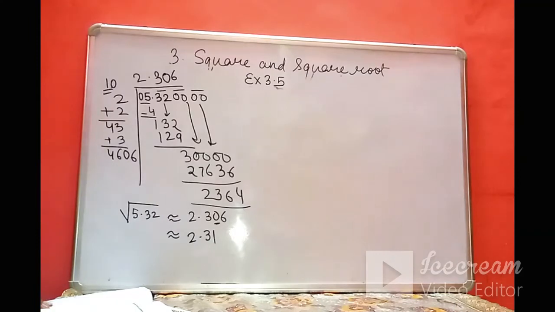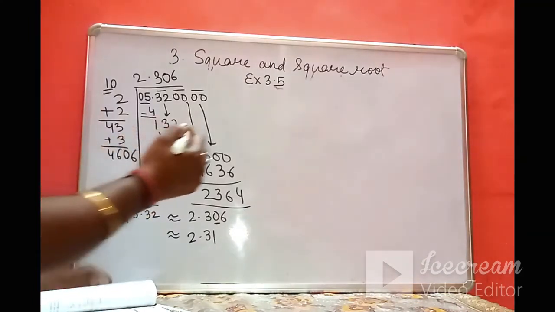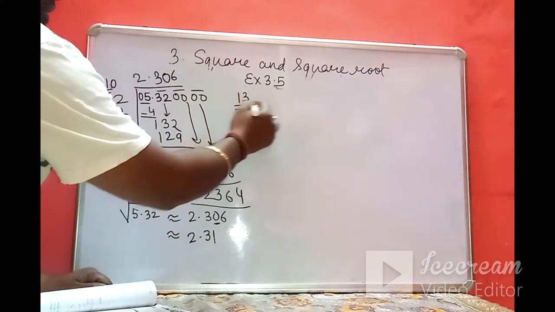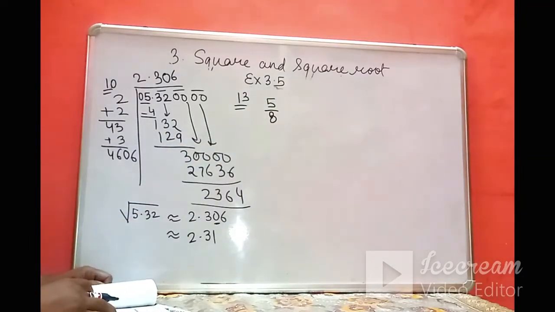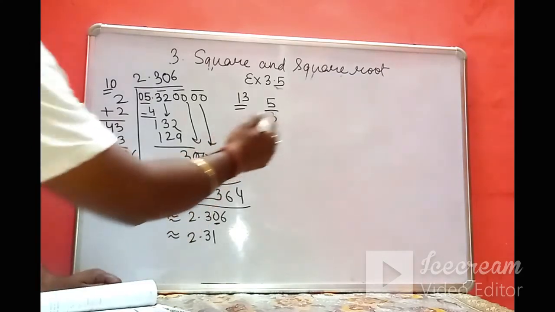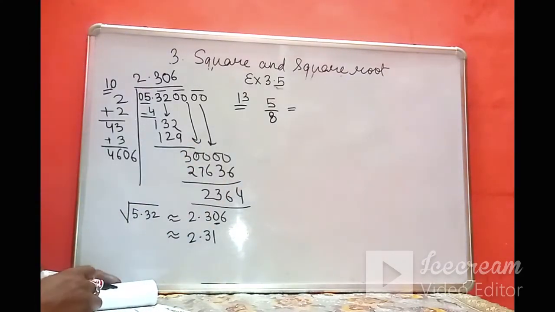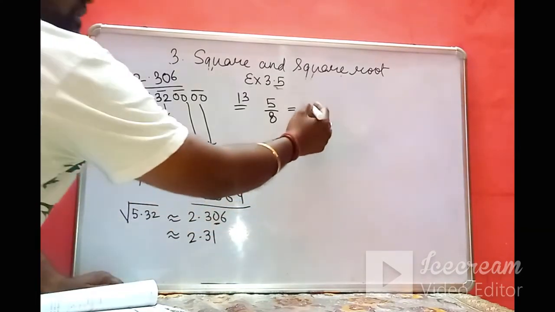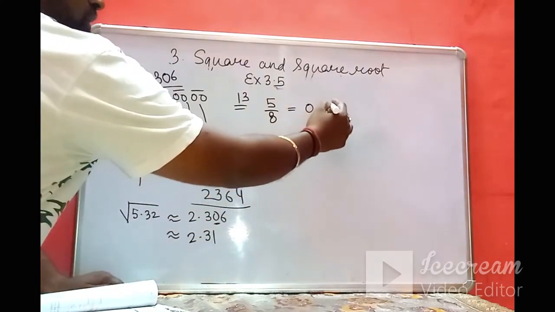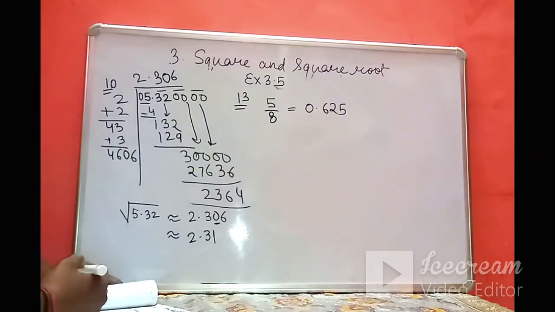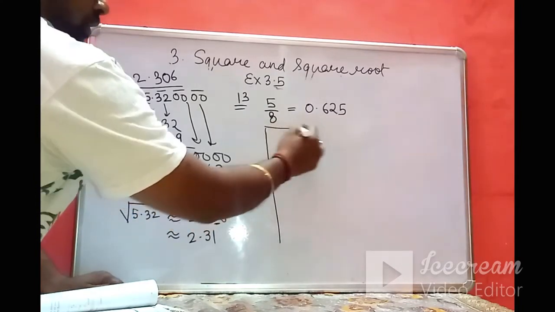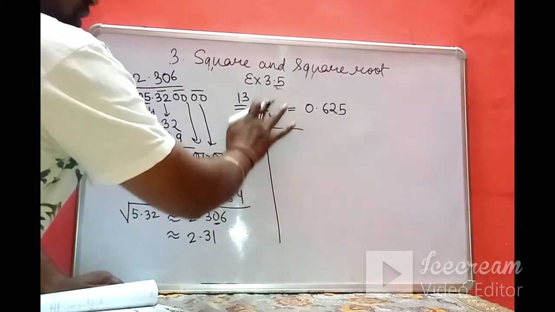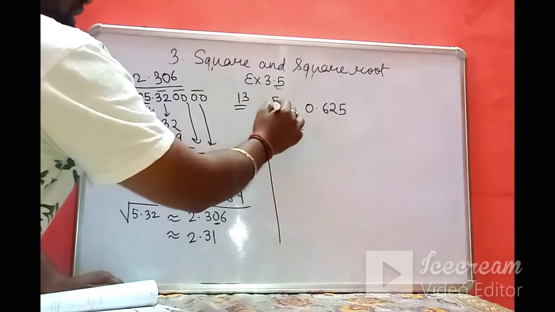Now next we will calculate the square root of the fractions. So like 5/8. Okay, so what I suggest, you just convert this 5/8 into decimals. And how to convert 5/8 into decimals? It is 0.625. Okay, then like we have found the square roots of these kind of numbers using the long division method, in the same manner we will find out.